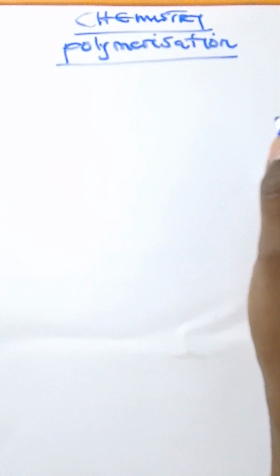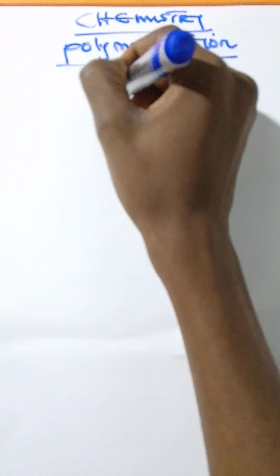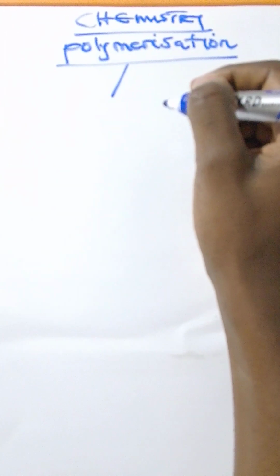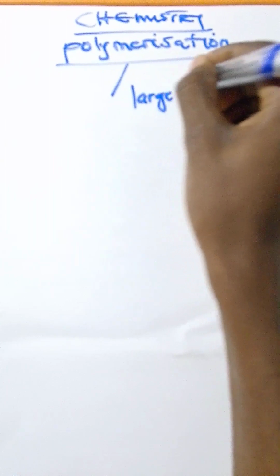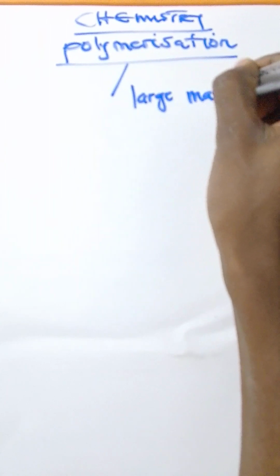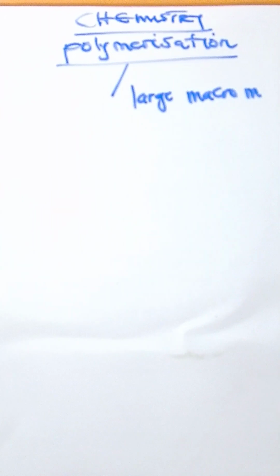Today we're looking at polymerization and organic chemistry. So with polymerization, we need to know that whenever dealing with polymerization, we're talking about the large macromolecules. The large macromolecules. Okay, so by definition,